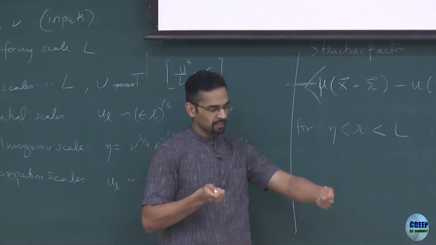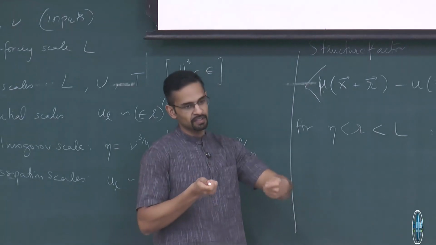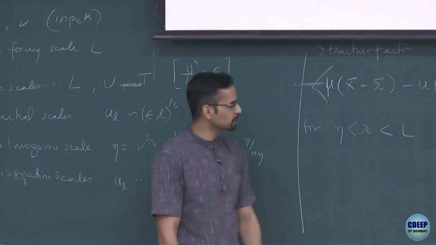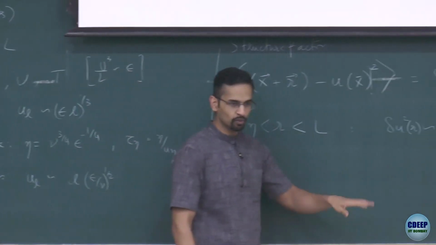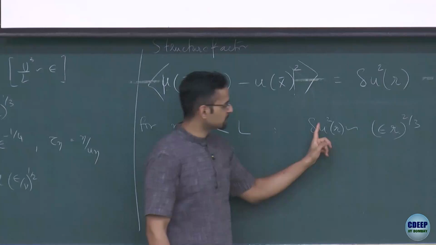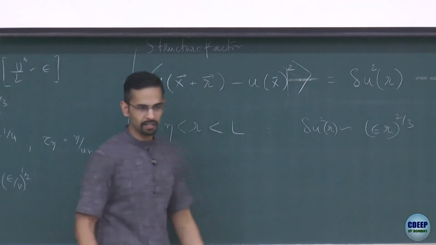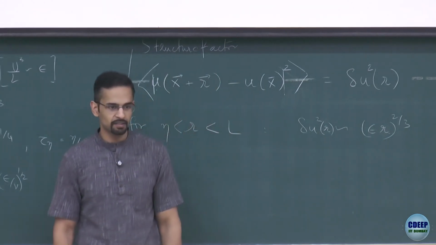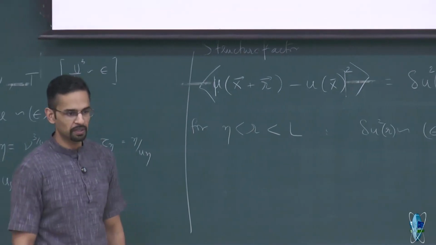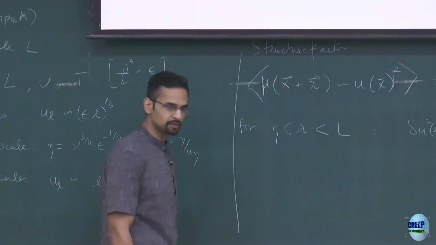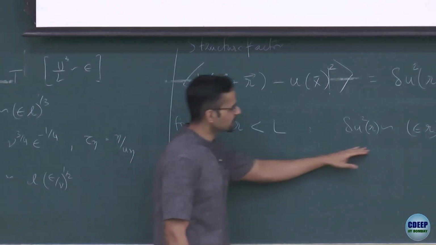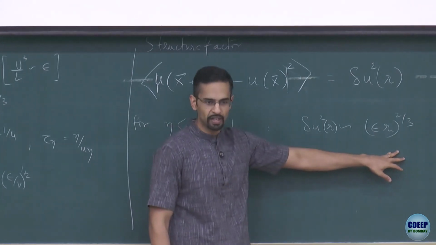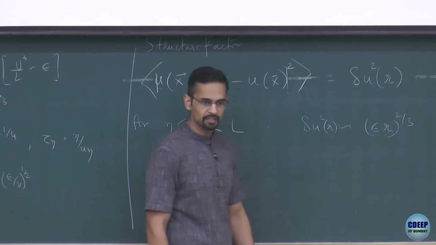And if the differences scale with r as I vary the distance r between the probes, if they go linearly, or if the square goes quadratically, then I know the flow is smooth. But here it doesn't. It has a smaller power than r squared, much smaller. It's r to the 2/3. That tells me the flow is rough. So this is one thing I can measure, and it has been measured in different flows, and you get reasonable agreement with this 2/3 behavior.